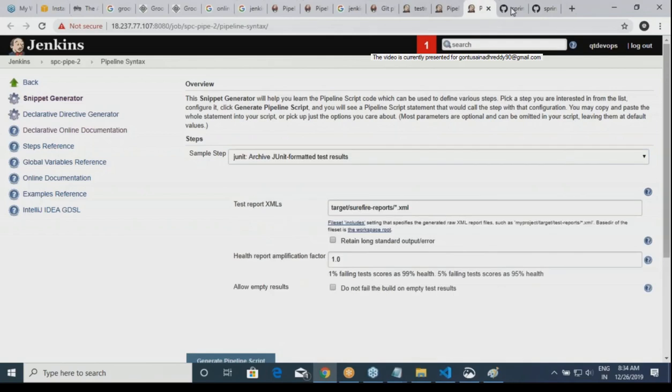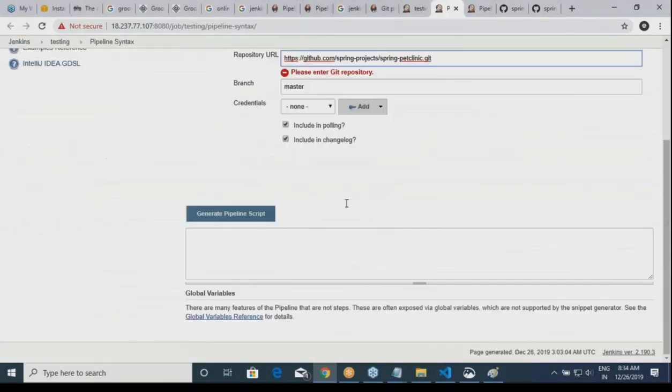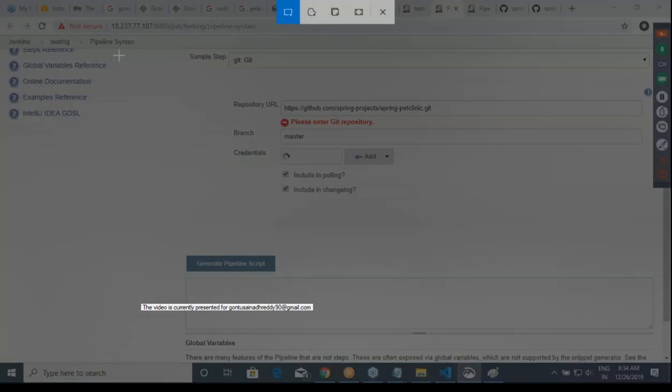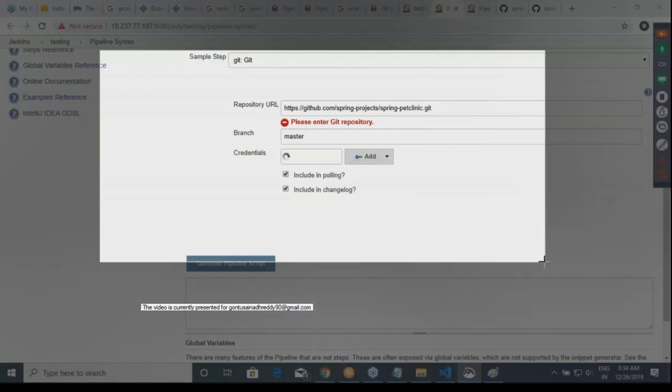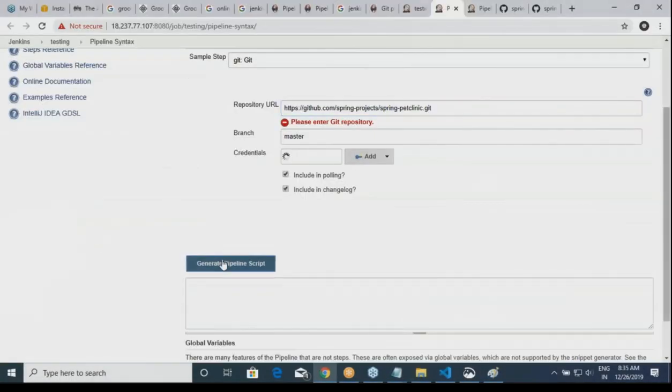Let me copy something and get. No, let me click on